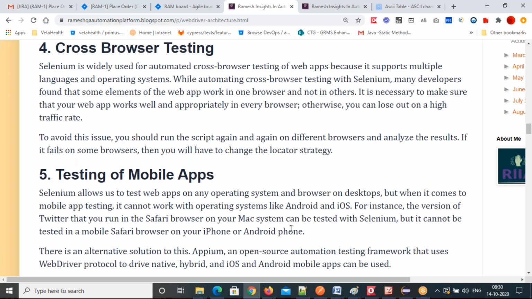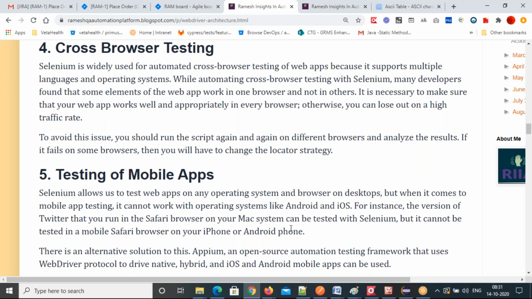Testing of mobile application. Selenium allows us to test mobile web apps on any operating system and browser on the desktop, right? But when it comes to mobile app testing, it cannot work with operating systems like Android and iOS. Selenium directly doesn't work. For instance, the version of Twitter that you run in the Safari browser on your Mac system can be tested with Selenium, but it cannot be tested on the mobile Safari browser on your iPhone or Android phone.